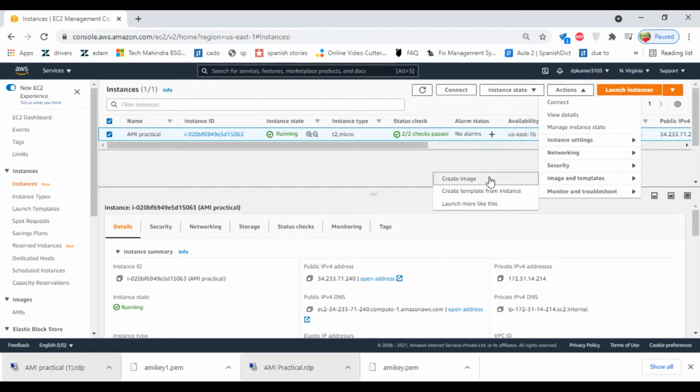You can create the image by stopping your instance. When you stop your instance and create the image, it will take a full snapshot. But if you create the image now, and if any application is installing in the background, or if you are modifying any data, it will not be copied. So just to be on the safe side, make sure there are no applications or any data running in the background. I will go ahead and create the image.